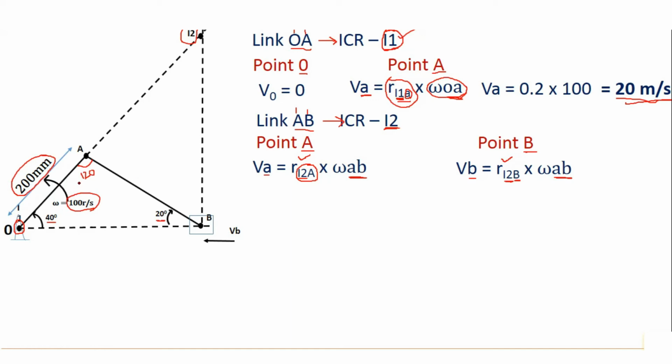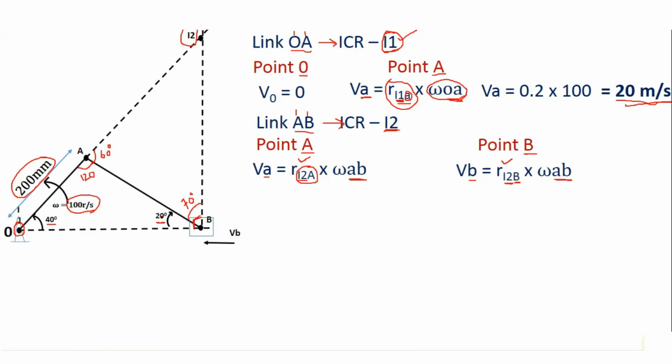Now, if this angle is 120, what will be this angle? This angle will be 60 degrees. Why? Because they are angles forming a linear pair. If this is 120, this is 60, it gives a total of 180 degrees. Now we have found one angle. Similarly here, you can see that this angle is 20. If this angle is 20, and we know that this is 90 degrees, what will this angle be? This angle will be 70 degrees. It's just geometry. So if this is 20, this will be 70.